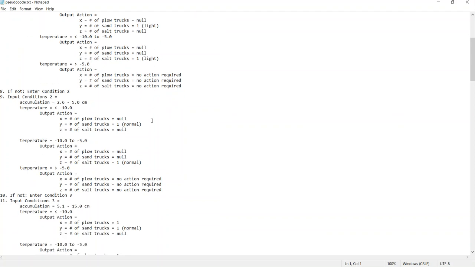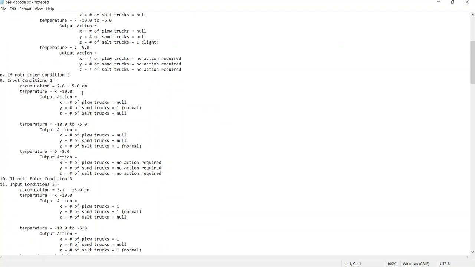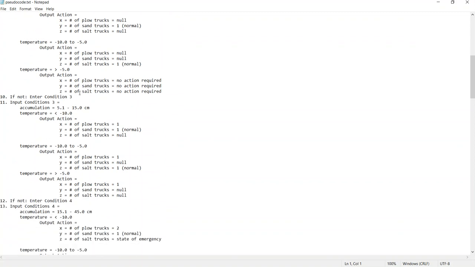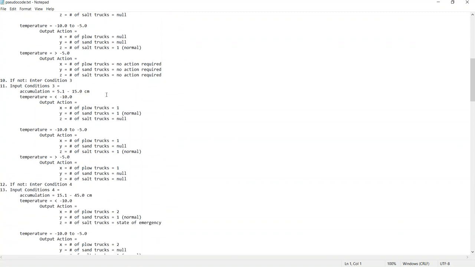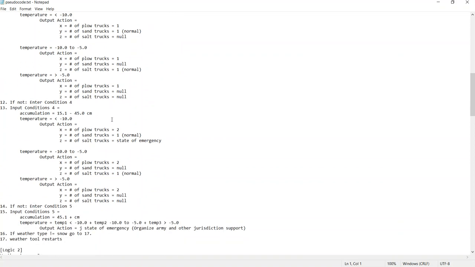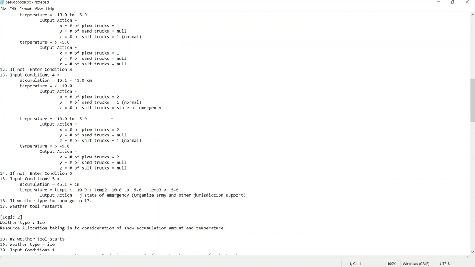And it keeps going on with different conditions of accumulation and temperature, and what the output actions should be. Even in a state of emergency, down here in 15, the output action uses J, state of emergency, organized army and other jurisdiction support,